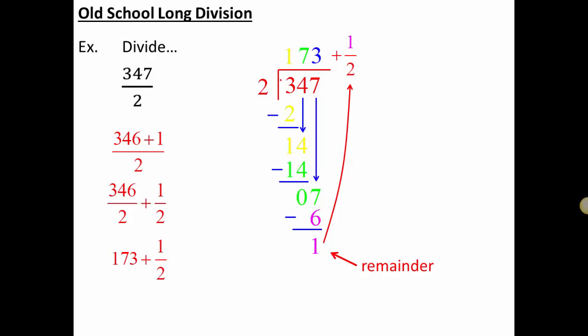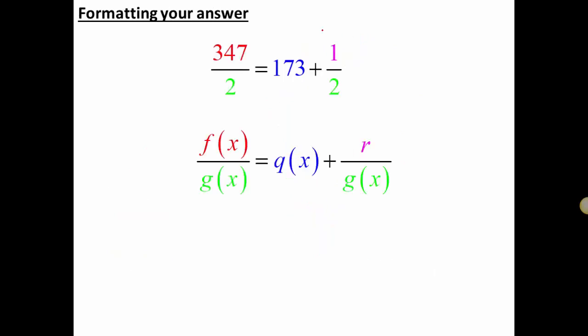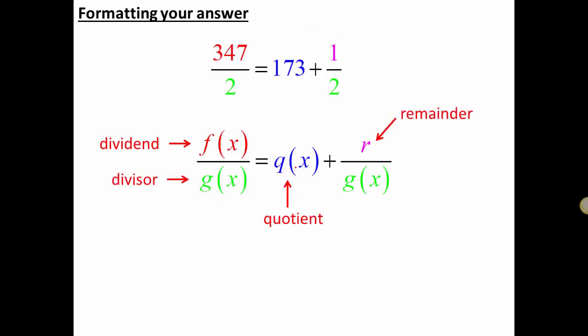If you think about it, that makes sense because the remainder is that which was unable to be divided, thus it should still be over 2. So to summarize that real quick, anytime you're doing a division problem where you have a dividend divided by a divisor, the answer is the quotient plus the remainder over the original divisor. So whatever you get as your remainder, stick that over whatever the original divisor was as a fraction attached to